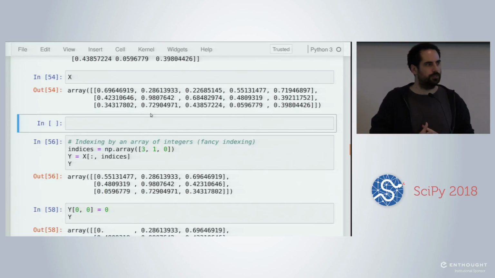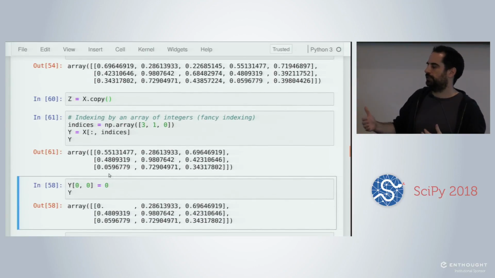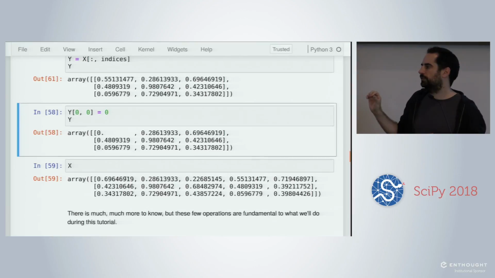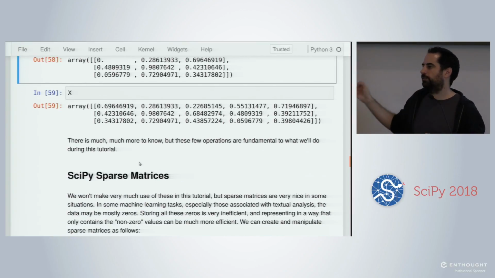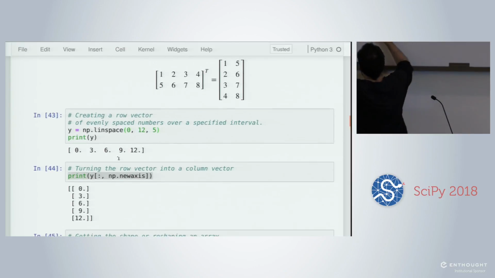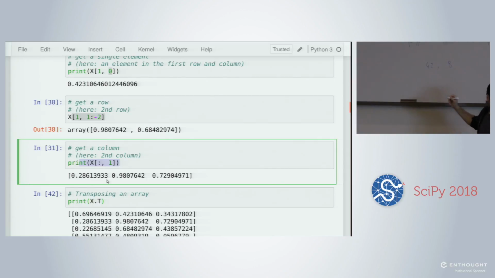You have questions on this? Why would you ever reshape your data? What are the applications? Reshaping the data can be useful, for instance, if you have a three-dimensional array of images, a set of images, and each of the images has height and width as different dimensions. Sometimes you want to access the pixel values as a vector, and you don't really care about the location of the pixels anymore. So if you have images of 8 by 8, if you have like 42 images, and they have, sorry, I should take this.